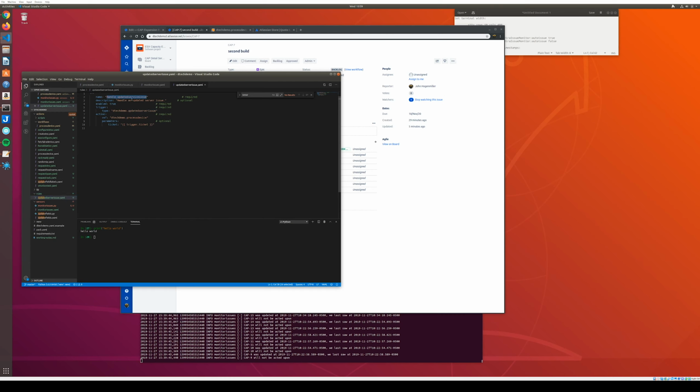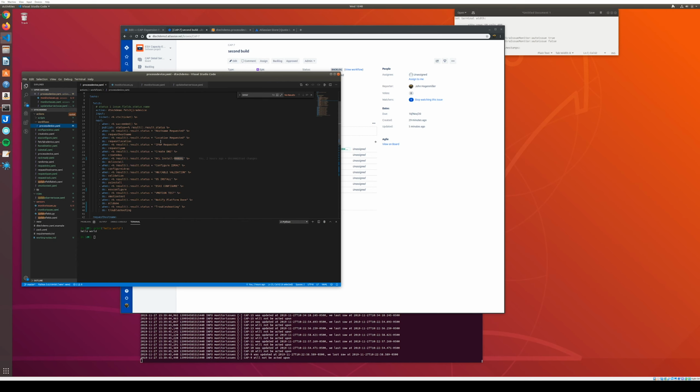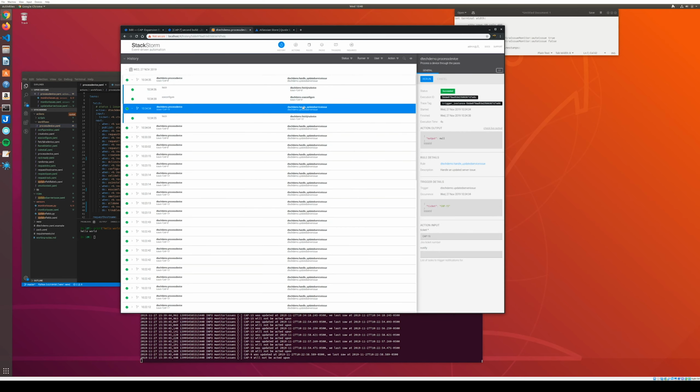That's an old name from example service issue. It should be server. And this looks for the trigger of type update server issue, and it calls the action process device, which is this workflow I showed when we first went down here. So if we go into StackStorm,